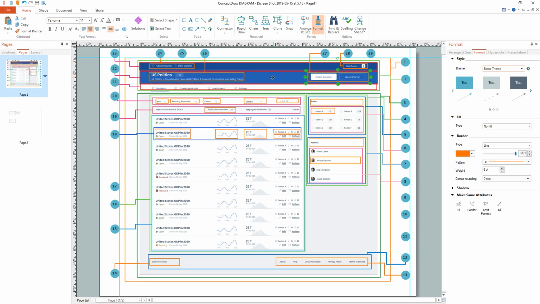So how do I name these? US politics is for estimates around US politics. It does not cover other interesting things. I'm trying to generate a name for this, but let's create a question and leave channel. This could be, what do